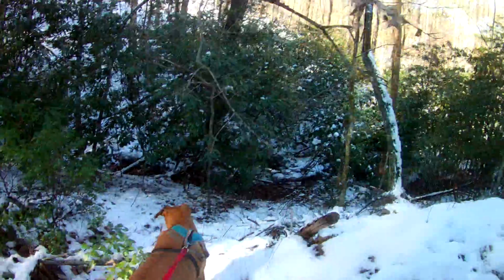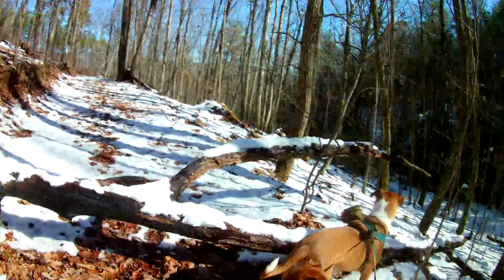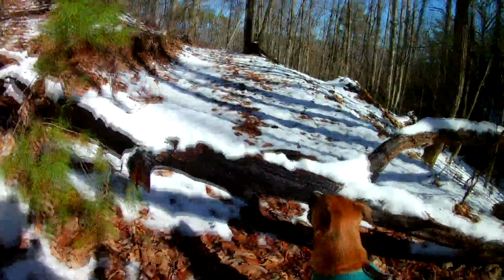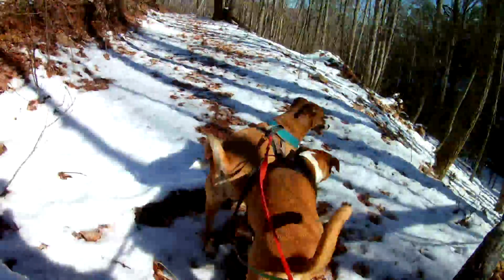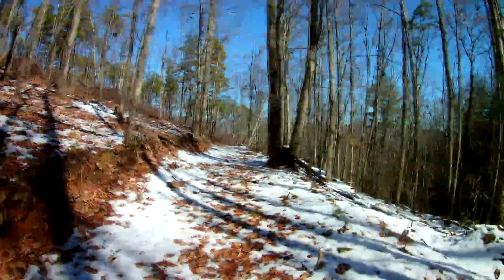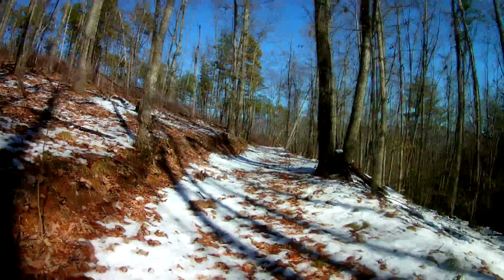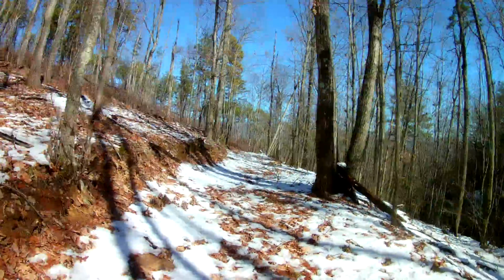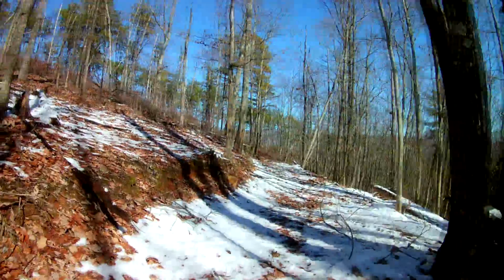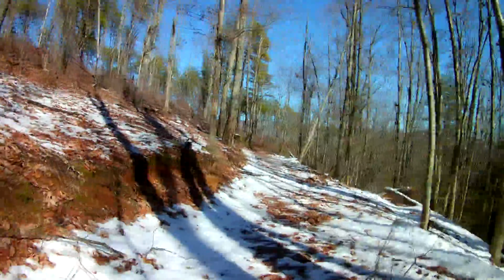we'll see what happens. Come on, girl, jump over this. Come on, Gotti. Jump. Good girl. Good boy. This is how we do it. We jump over everything. One thing about it is I've seen a whole lot of new logs across this road,